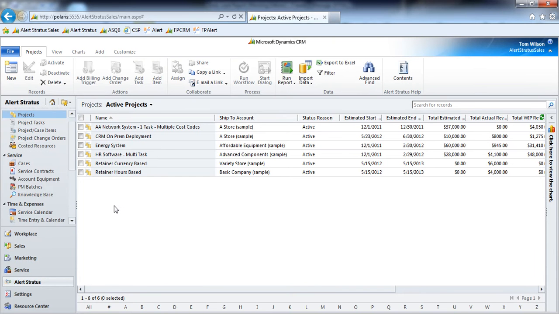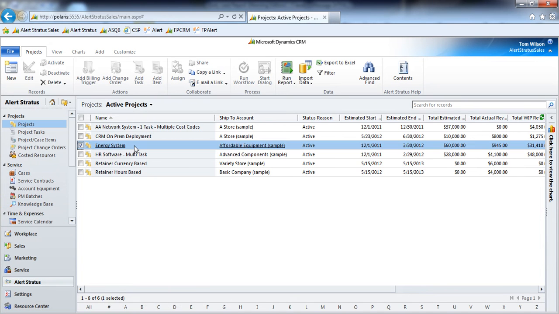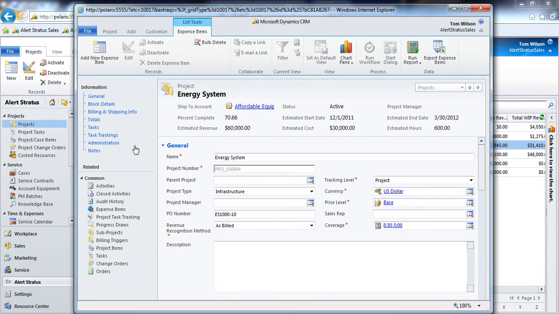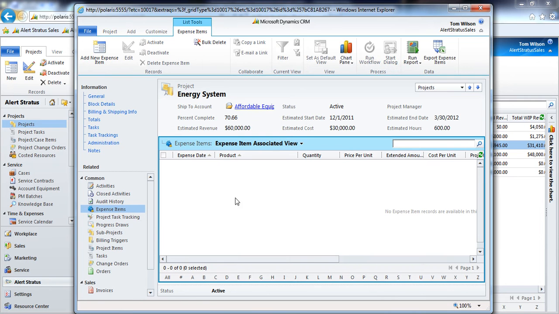To submit expenses against projects in Alert Stratus, I can choose to do so from our time entry and calendar portal. I can do so right from the expenses entity, or I can choose to do so directly from the project we'd like to submit the expense to. So I'll open my energy system project, and here I'll click on expense items,